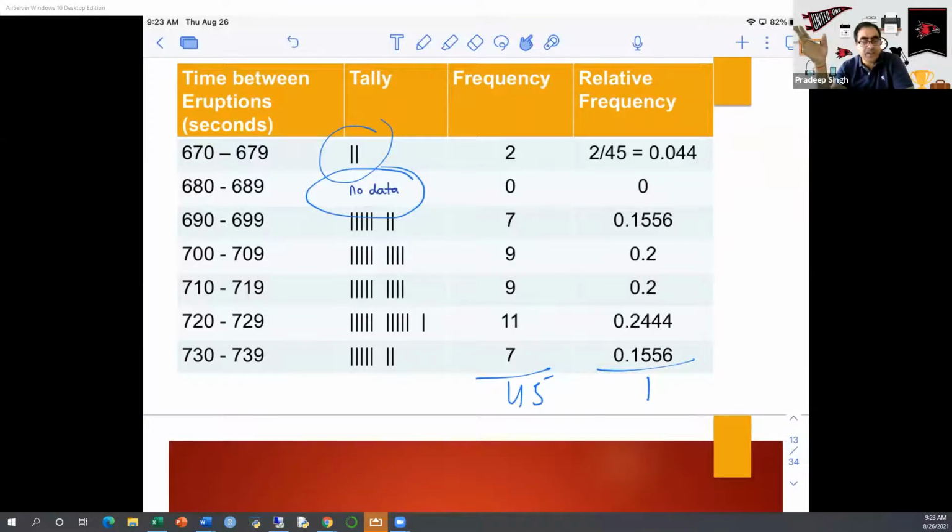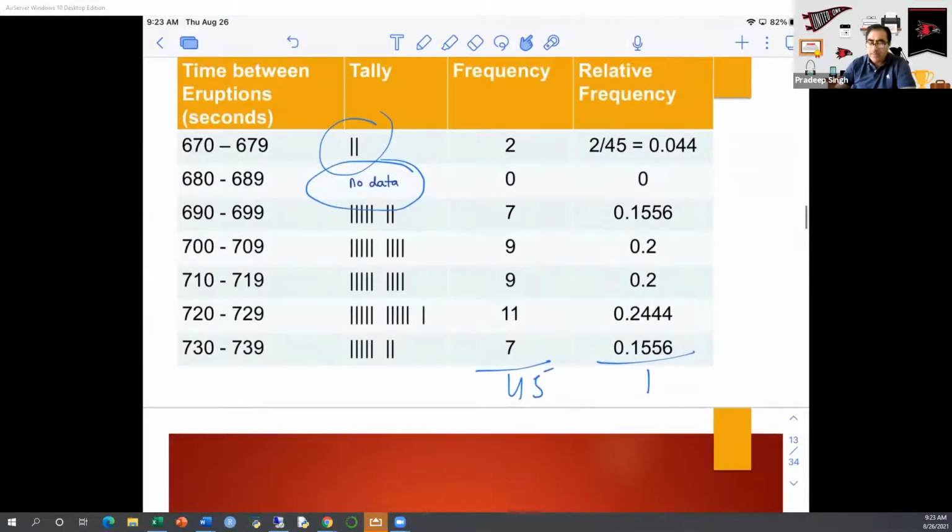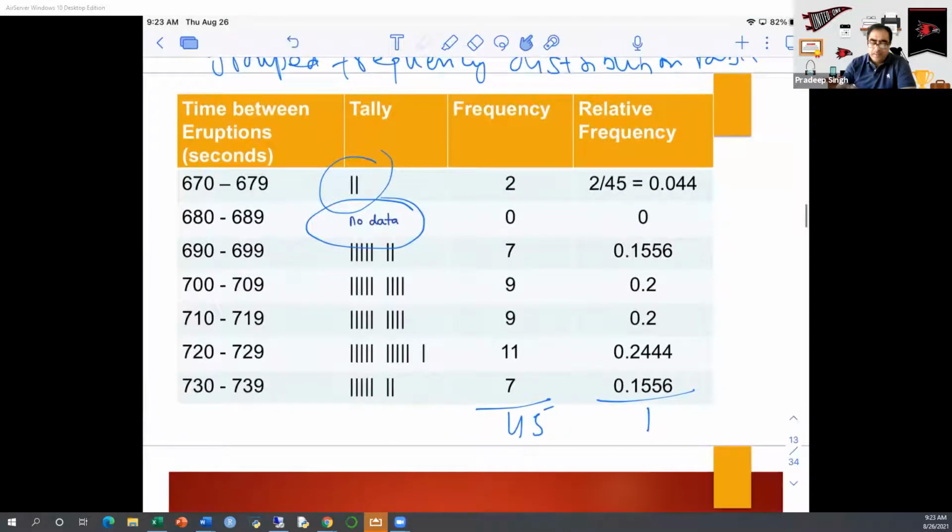The rest of the columns are pretty much similar: you tally the data, you have the frequencies, and then you have the relative frequencies. And the relative frequencies are calculated the same way, the ratio of frequency to the total, and the sum of relative frequencies must add to 1. Now, another column which you might see an example or a question on in your homework is called